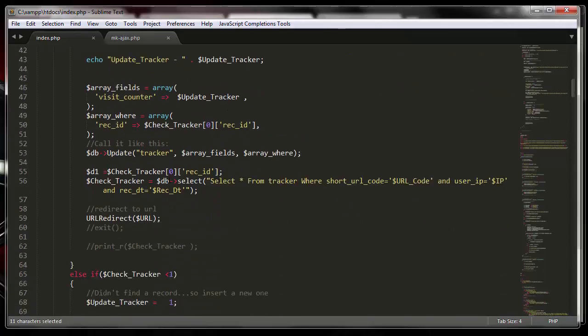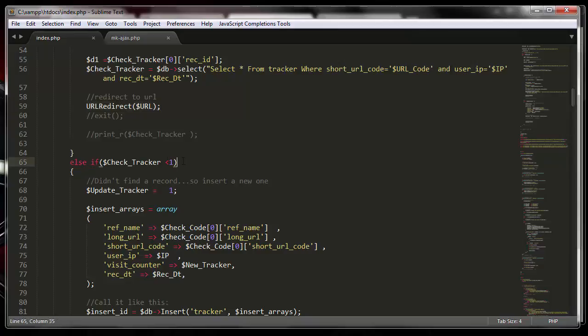And once it updates it, it's going to redirect the person with this function, which is also part of the function library file that we looked at in the previous videos, and send them to the long URL. However, if it did not find a record in there, in other words it could be another date, or the particular user did not exist, or it could have a different IP address,